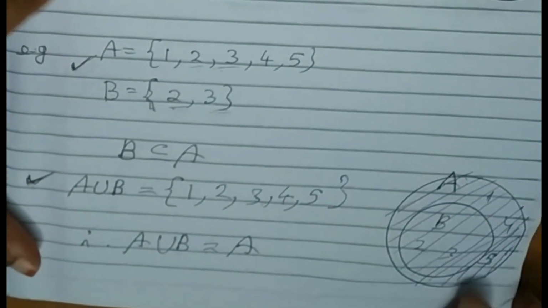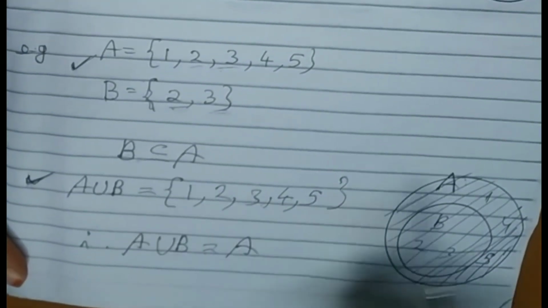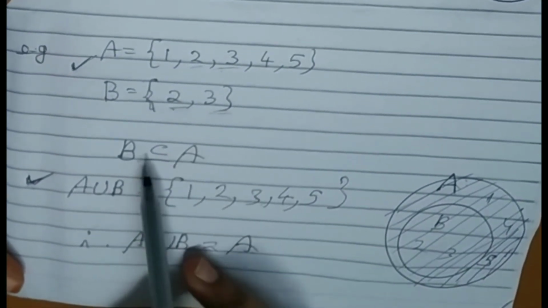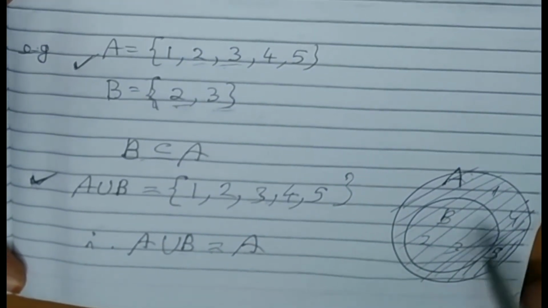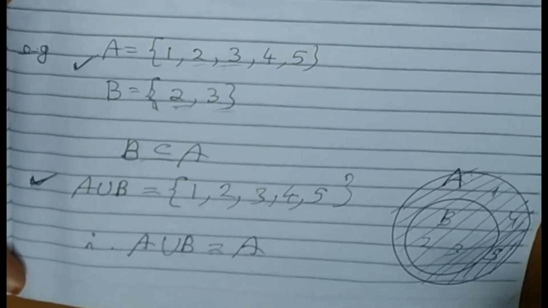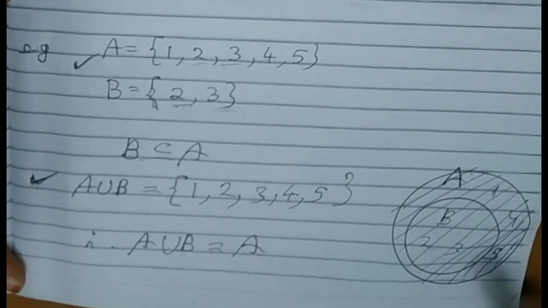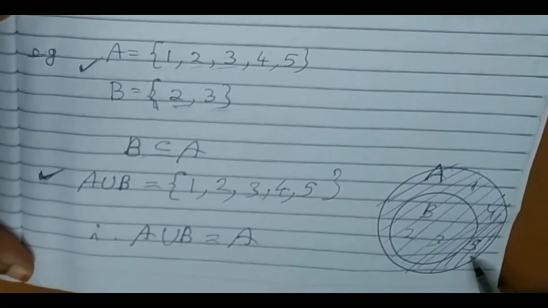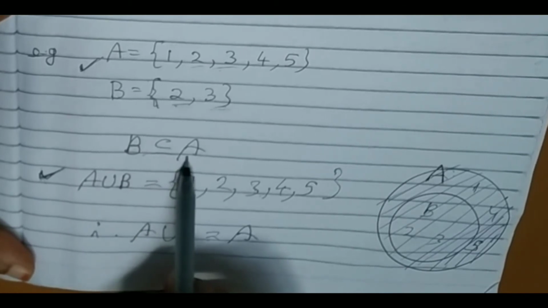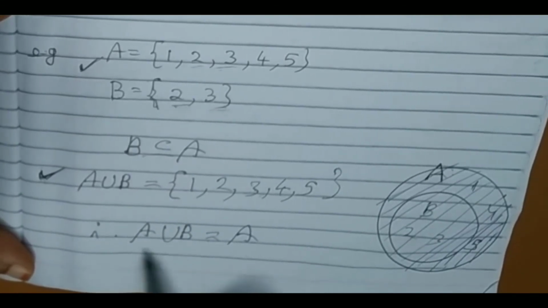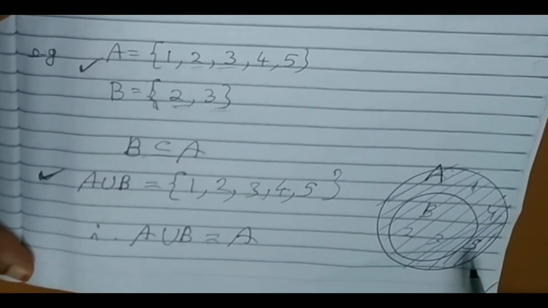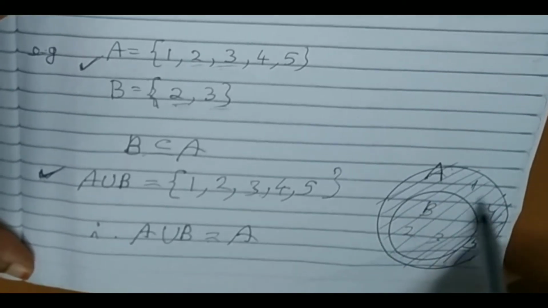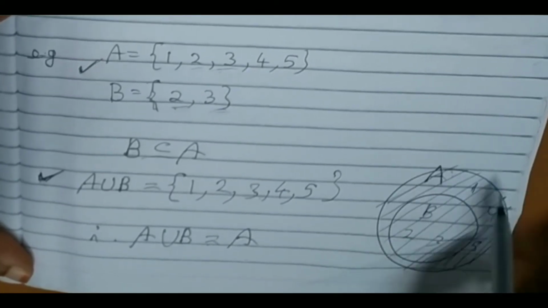Yes. Now see this with the Venn diagram. See, this is A and B. We have seen B is a subset of A, so we are drawing B inside A. And if we take the union, meaning all elements which are present in both A and B, it will be the shaded part, which means it will be the set A. Okay. If B is a subset of A, then the union of these two sets, that is A union B, will be equal to the set A, that is the bigger set.